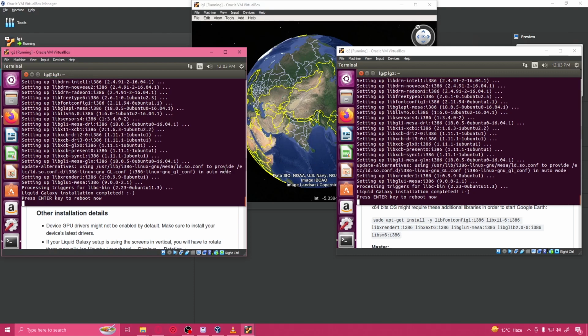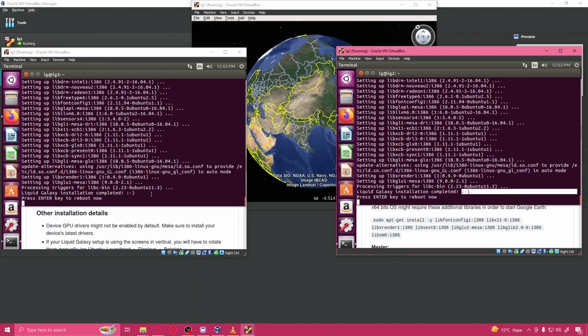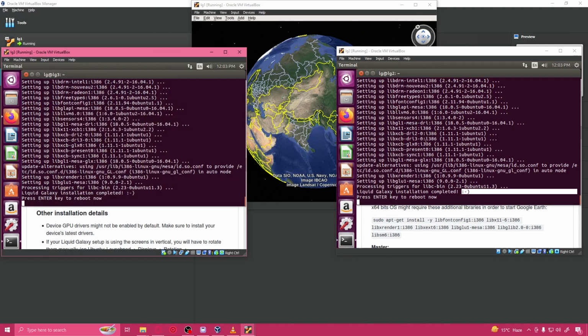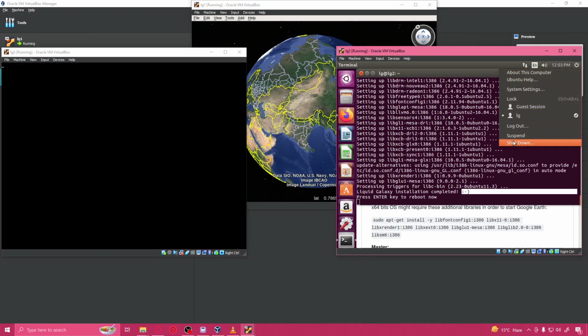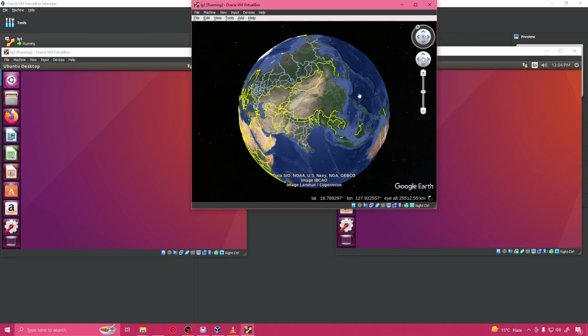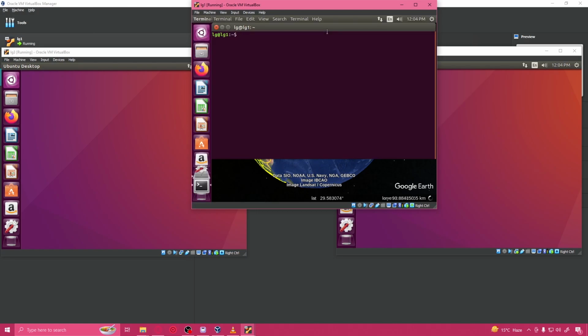And I'm back. So as you can see, the script has completed. We get the smiley faces, so everything is good, and it's asking us to reboot, so that's what I'll do. I go into shutdown and restart. As you can see, my VMs have restarted, and now we can just basically cross our fingers and hope for